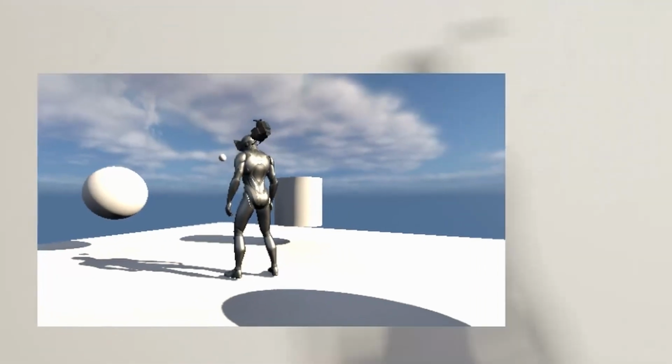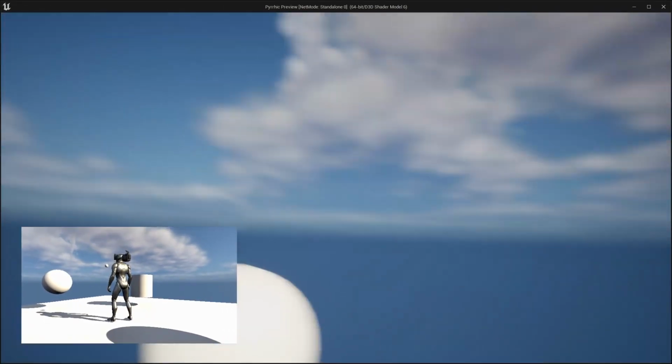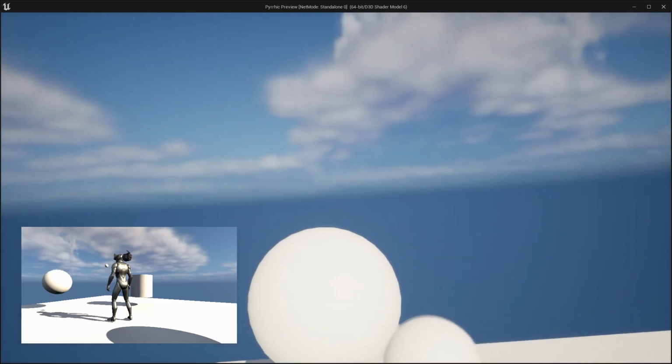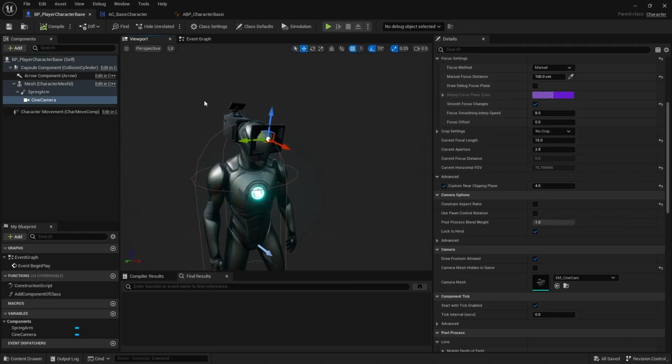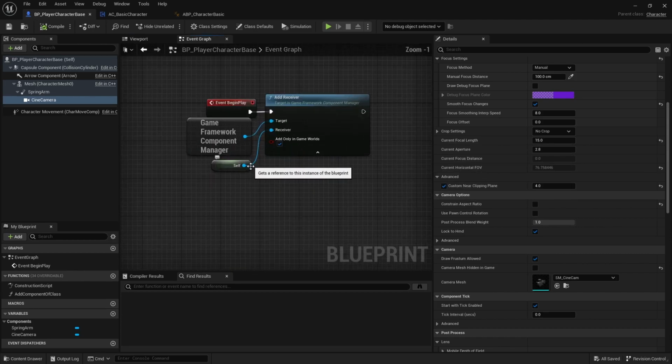So this is my character. In this short tutorial, I'm going to show you how you can attach the camera to the head and actually rotate the head instead of the camera directly. So we can see here that we have already camera attached, and I am making my character modular, so everything